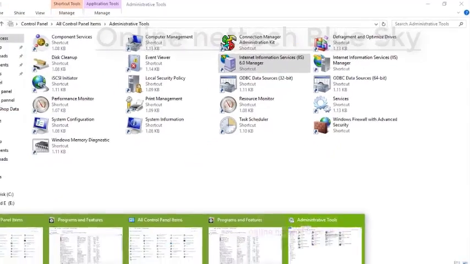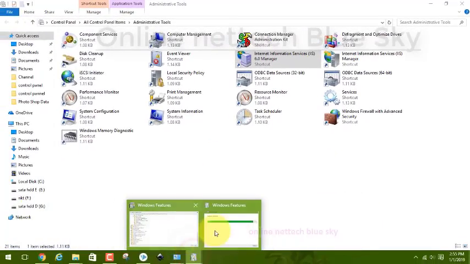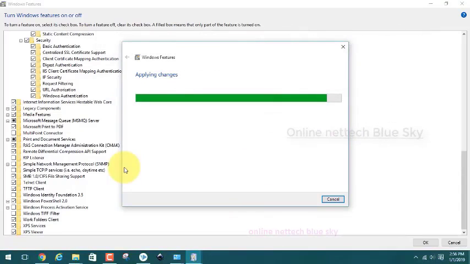So IIS services, Internet Information Services, mean using a website web server. Okay, so you open Google, you open Facebook. All of these types of servers are in Internet Information Services.